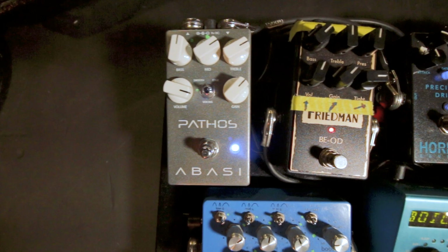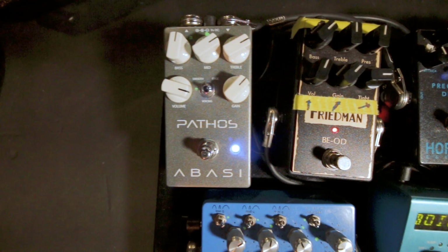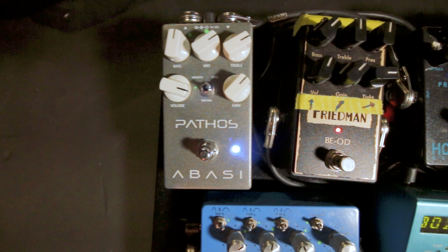pedal, which is a really smooth distortion sound. I'm a big John Petrucci fan, and I always found that through his Mesas, he was getting this really awesome fluid liquid sound when he would go to the neck pickup, and it would be this fat lead. And so the Pathos, to me, I set it up to be that sort of feel and sound,